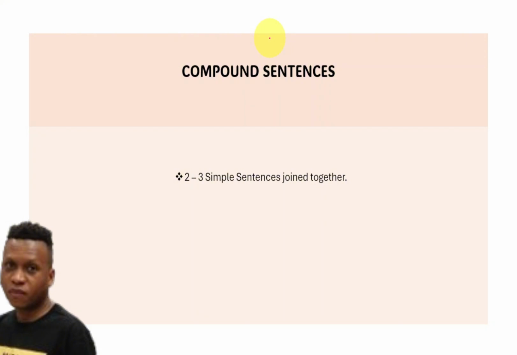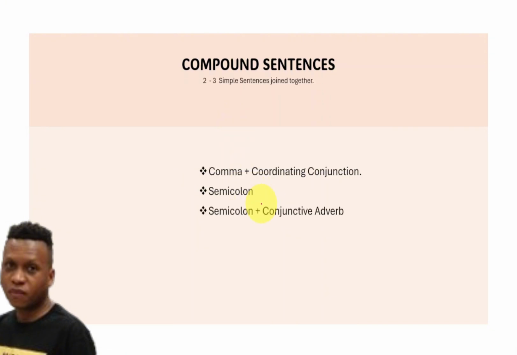We come here. Now the compound sentences. Okay, now the compound sentences, when you take a look, it has like two, it can be like from 2 to 4 sometimes. Okay, but in this case I just put from 2 to 3 simple sentences joined together. That's why we call it a compound sentence. Okay, example, you're gonna see we have a comma, and then we also have a conjunction. We're gonna have a semicolon. We're also gonna have a semicolon plus conjunction, adverb.